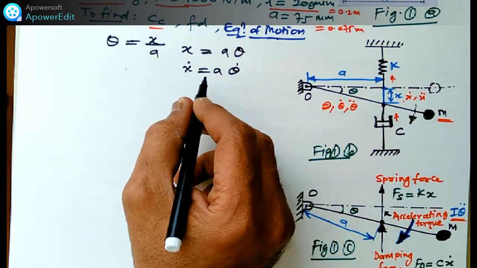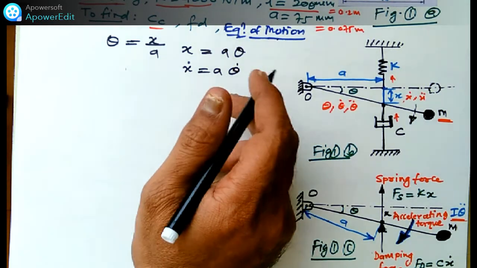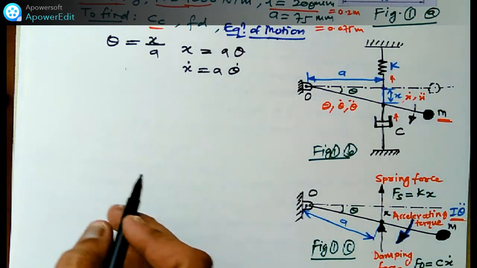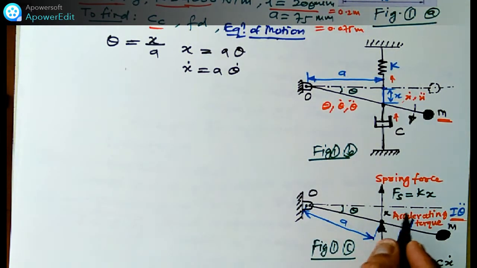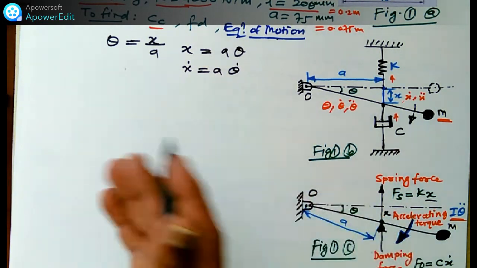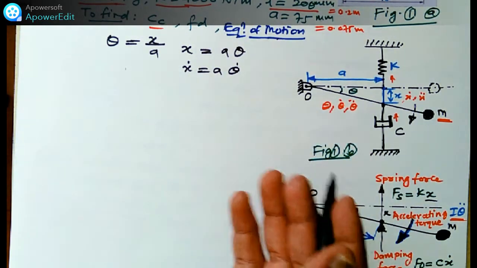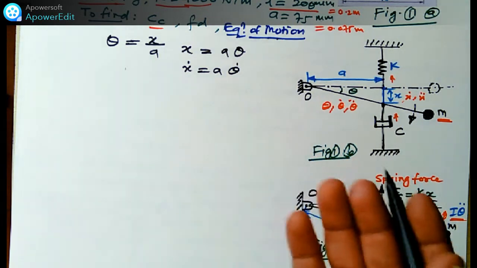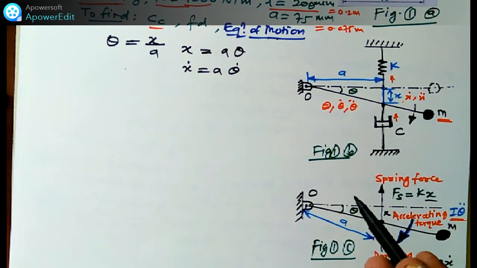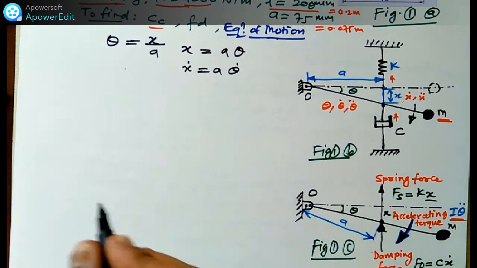Okay, so why is it equal? To find out this velocity, the forces are resolved. x is given to you, but we have to convert into either theta or x, whatever the requirement of the numerical. According to that, we have to find out. So what we have to find out? We have to get the equation in terms of theta. So we are going to convert this equation into theta.